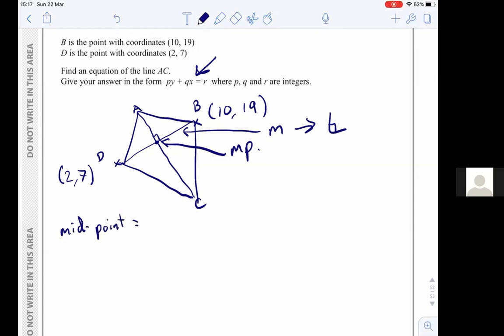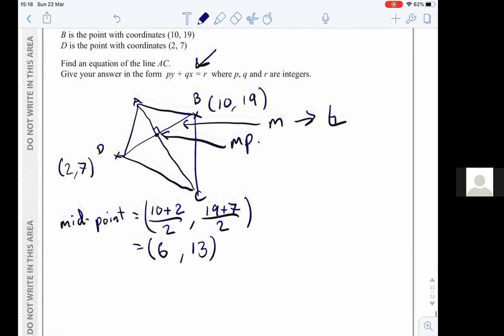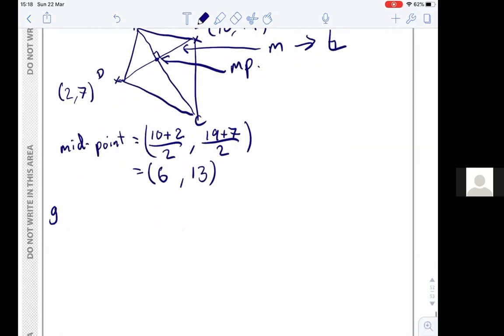So that's going to be the average x coordinate, so 10 add 2 divided by 2, and the average y coordinate, 19 plus 7 over 2. So 10 plus 2 is 12, 12 divided by 2 is 6, and 19 add 7 is 26, 26 divided by 2 is 13. So that's my midpoint. Now my gradient,